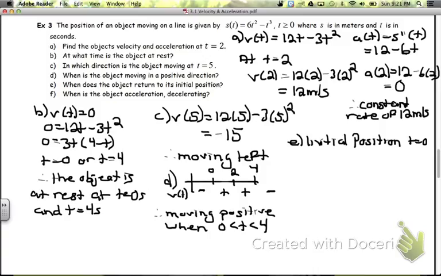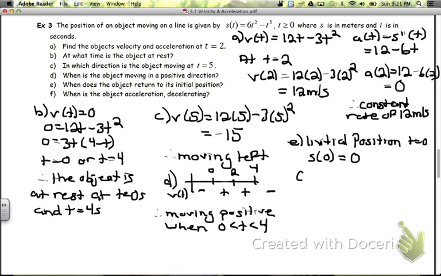So we can find what that position is because we know if it's the initial position, it's coming back and it's that same value that it started as. So we find s at 0 is just going to be equal to 0. So therefore at 0 meters,